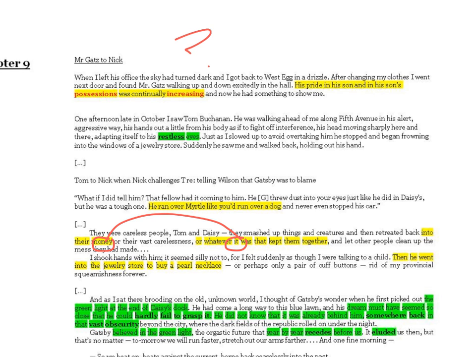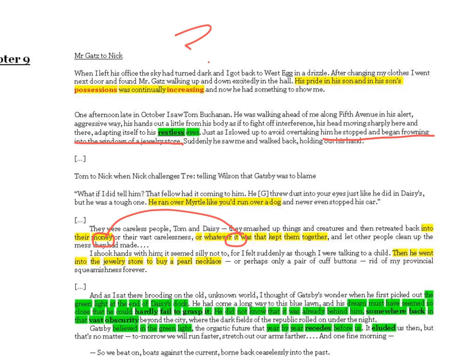So as we've mentioned, Tom appears to be going to buy another pearl necklace. That's confirmed just slightly earlier up as well, highlighted now on the screen. Nick notices Tom frowning into the windows of a jewellery store. So that sort of implies, what can I buy? What purchase, what material item can I acquire for Daisy, which is going to help massage her guilt and any sense of trauma she may have, or to stop her looking elsewhere, to yet again put a collar or a leash around my acquisition and my item to secure and hook her as mine.